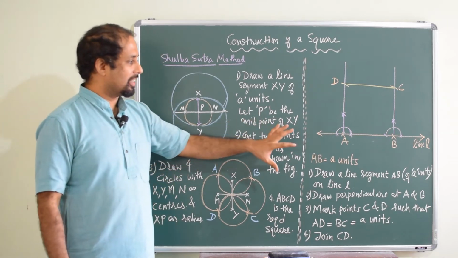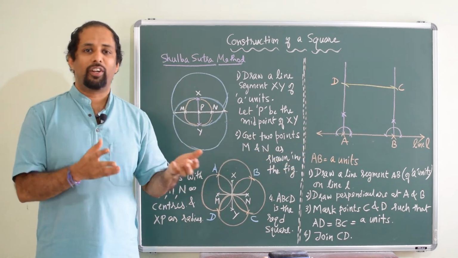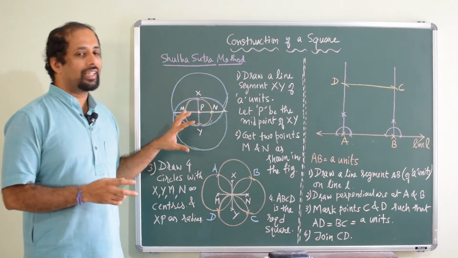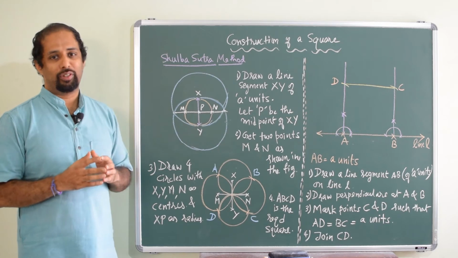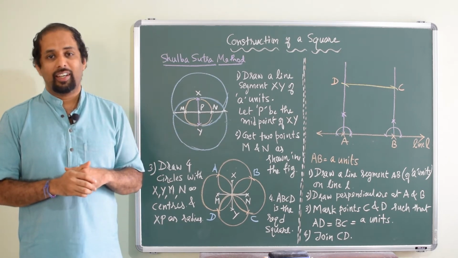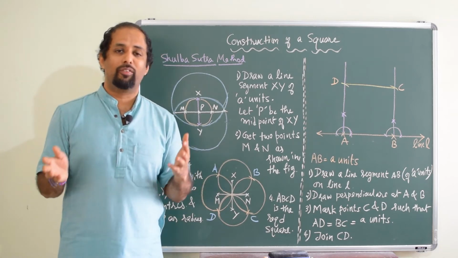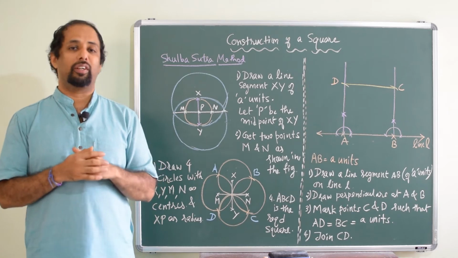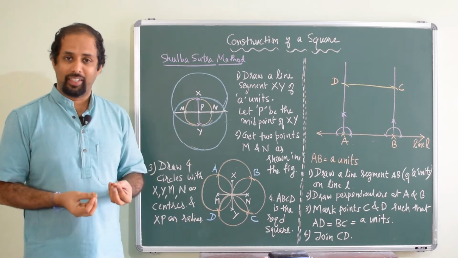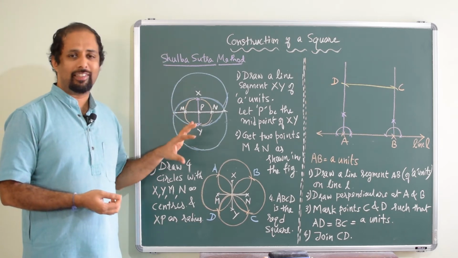Now this is the construction that is discussed in almost all the maths textbooks, when they are talking about construction of a square. Apart from this, we have another method, and this method is given in the Shulba Sutra. It is almost 600 to 700 BC, written by Bodhayana. There are many Shulba Sutras, and one of the oldest that we have found is written by Bodhayana. The Bodhayana Shulba Sutra gives another method for constructing the square, and this method is very innovative, very nice, and also simple.